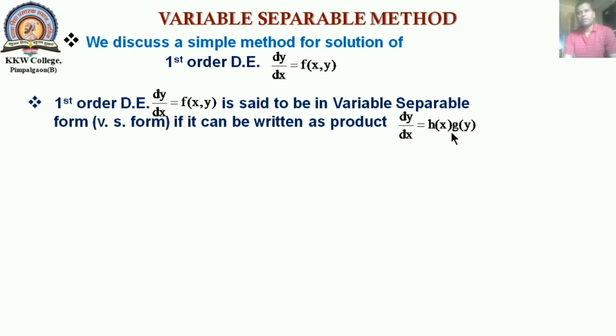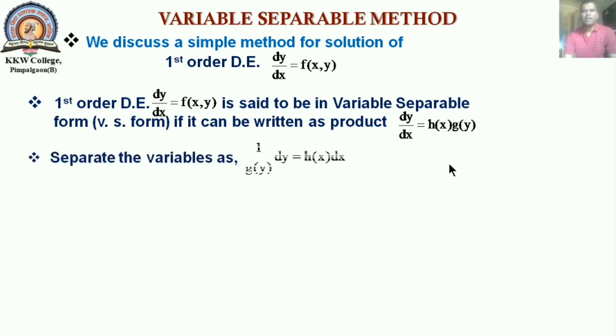Now to separate the variables, the term of y along with dy goes on one side and the term of x along with dx on the other side, because we cannot integrate x with respect to y, and also cannot integrate y with respect to x. So we have to separate the term y along with dy on one side, x along with dx on the other side.